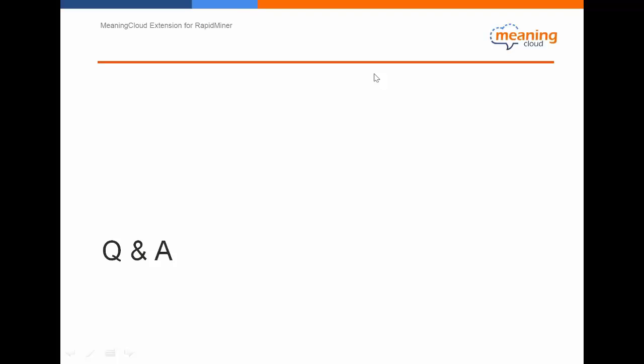And we also have questions about the ability to perform sentiment analysis in non-English languages by customizing the dictionary.